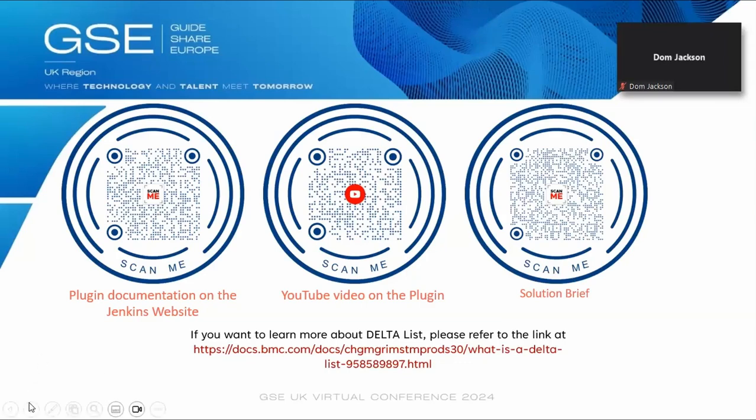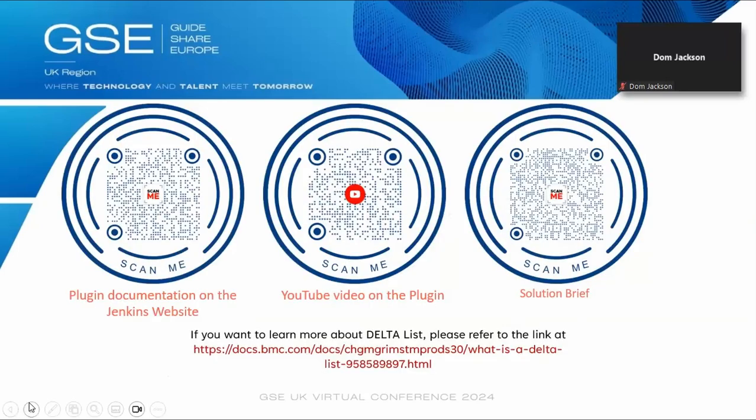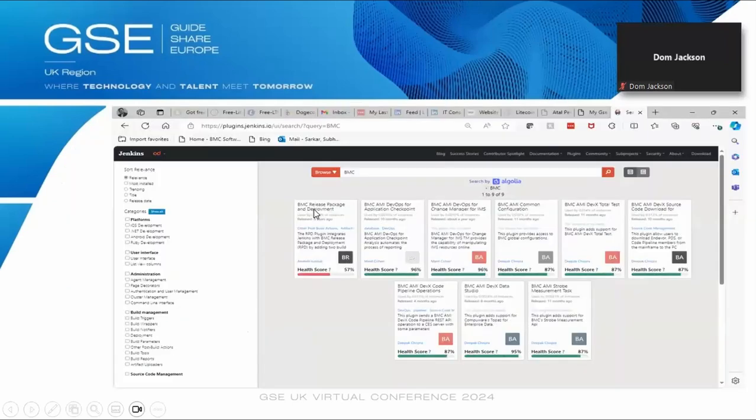Okay, so I think I've talked fairly about both the plugins. If you want to learn more, these are the resources which you can take advantage of. But before moving on to the next point, let's conclude the discussions on the Jenkins plugins by talking about